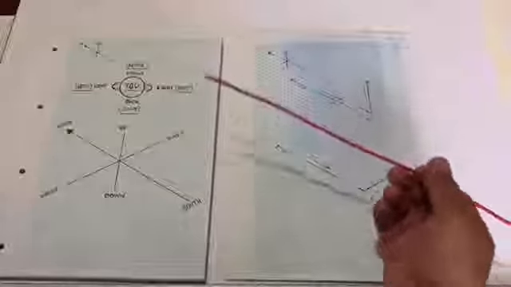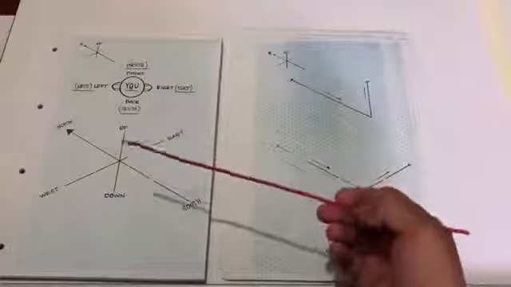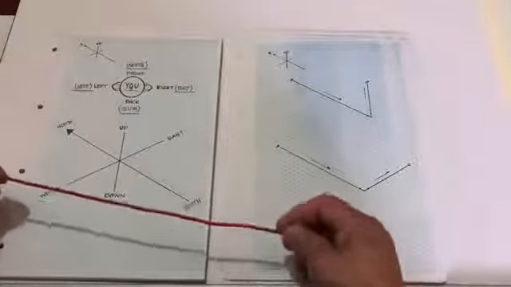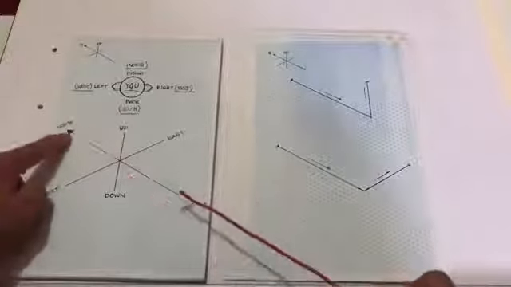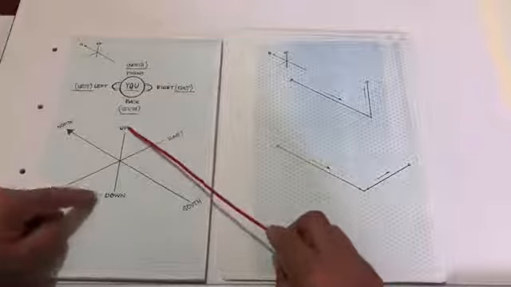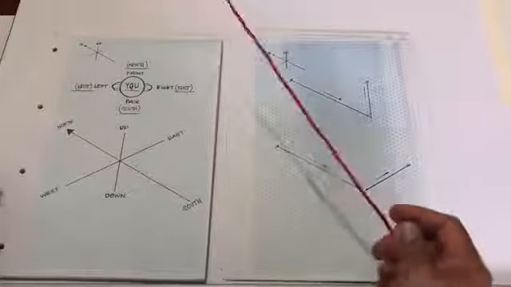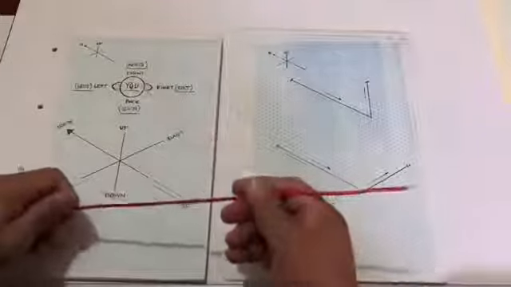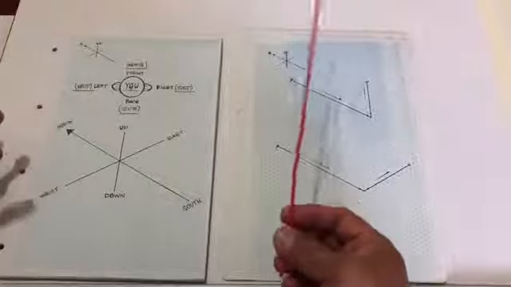This lesson is about isometric reading or isometric interpretation. This is the north, south, east, west, up and down. That's the orientation of the isometric drawing. Now, what to do when you are